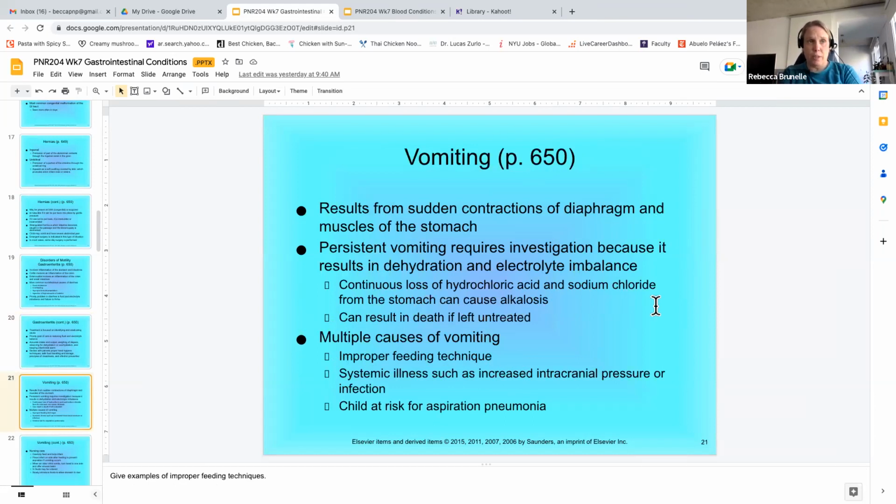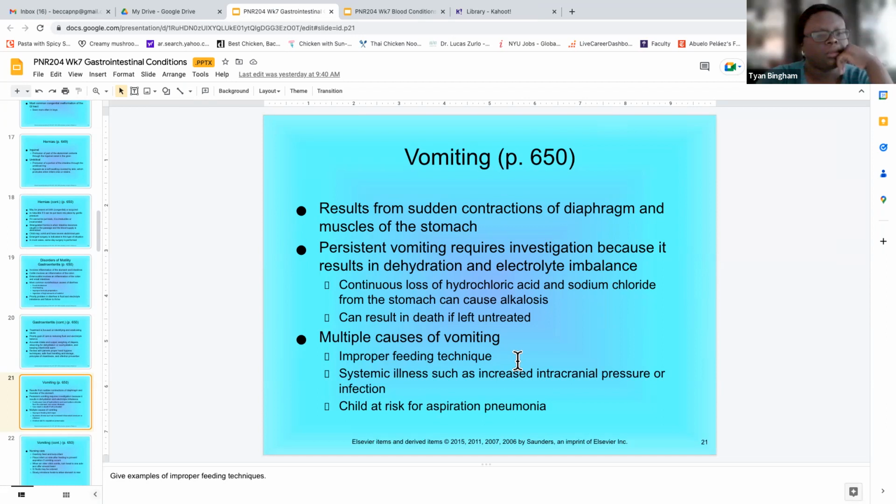Vomiting also goes with problems with your GI tract. It's usually related, or it can often be related, to improper feeding techniques. So what sorts of things do you think could lead to vomiting in a baby that have to do with feeding techniques? Could be you're overfeeding them. Overfeeding, very good. Or not what? They're trying to drink the milk, but it's not going down, so it's causing them to spit up. Or feeding them the wrong kind of formula. Yeah, it could be the wrong formula, acidic level. Not burping them. Yep, not burping them enough.